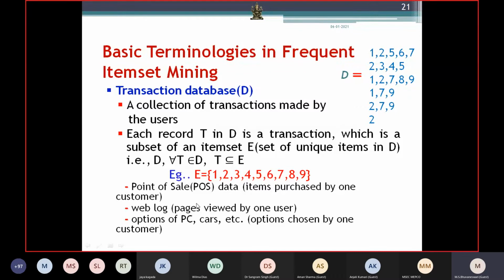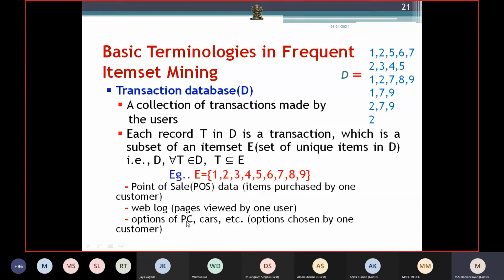Now we can see what comes under frequent item set mining. Point of sale data, as we are told, is based upon the purchase details of the items. So I can say this is item 1, item 2, item 3, item 5, item 6, and item 7. From a weblog perspective, what are the pages visited by the user? I can say page 1, page 2, page 5, page 6, page 7. Or otherwise, the options given by the user, as I have told, are all usage data, right?